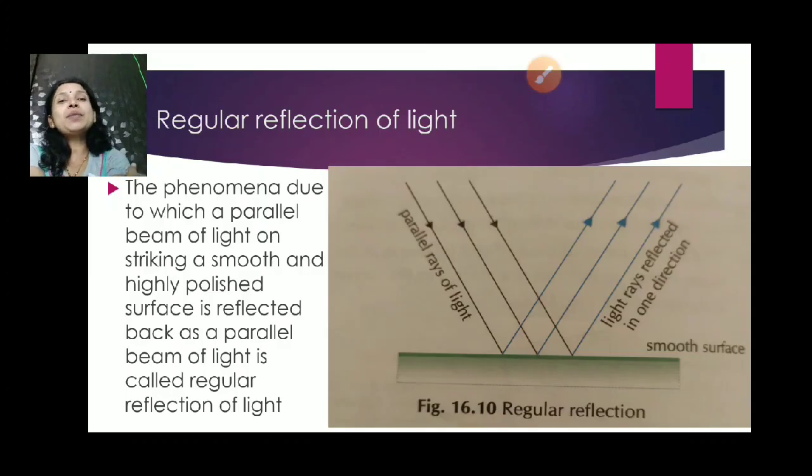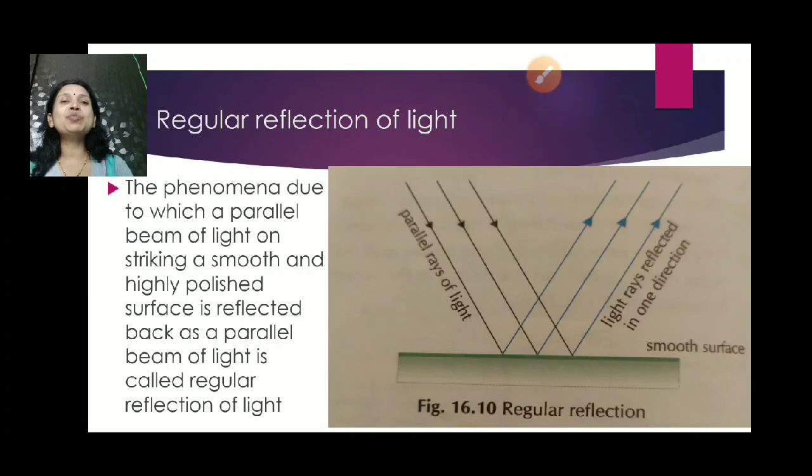Now we will discuss the next topic, that is regular reflection of light. So now we are discussing reflection. What is meant by reflection? Reflection is the phenomenon in which the incident ray is reflected back. So the incident ray falls on any object and it reflects back. So this is reflection, bounce back, reflect back, the phenomenon due to which a parallel beam of light